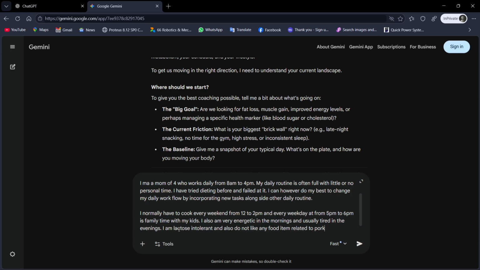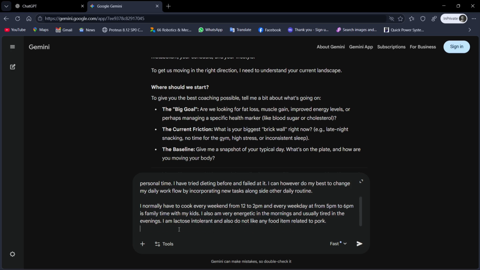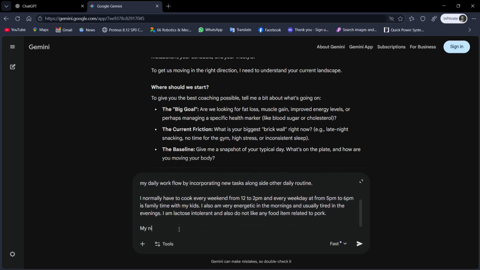That's a restriction. The fact that you're lactose intolerant is also a non-negotiable, but you can still place it under restrictions. Now let's look at non-negotiables. Non-negotiables is this meal must have no sugar, must be completely natural, and yeah, let's do that. So my non-negotiables are: this meal must have no sugar